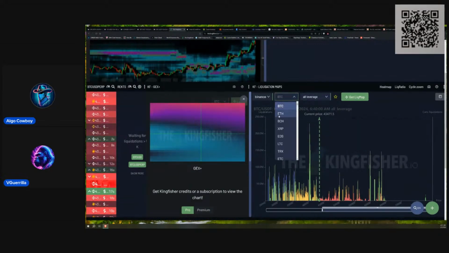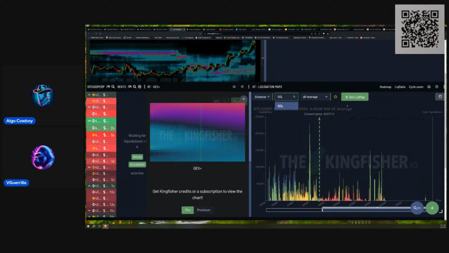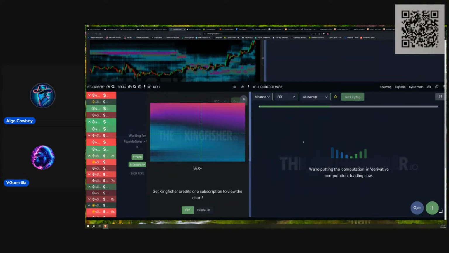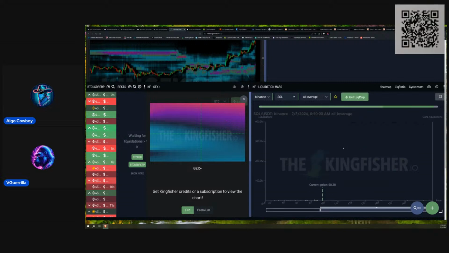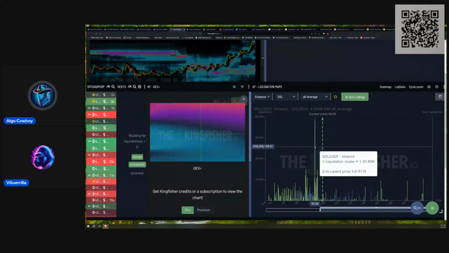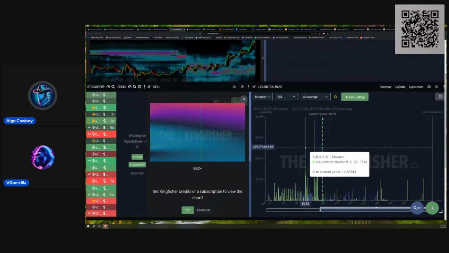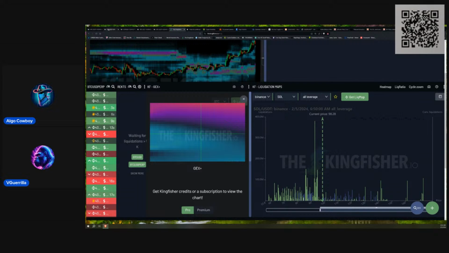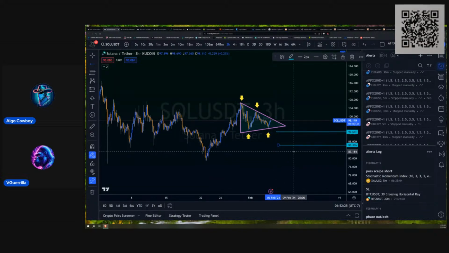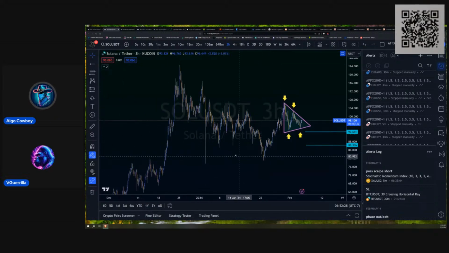Let me grab some liquidity and see what Solana has going on for the derivatives exchanges. Let's see where people's liquidations are, where their stop losses are, right? We got Algo Andy giving us the smiley face. What's up, brother? All right, so there's a lot of liquidity sitting at 92.66, and a little bit more at about 86. The 92.66 is right about here, more or less. And then we have 86-ish. It would make sense for price to revisit that area.